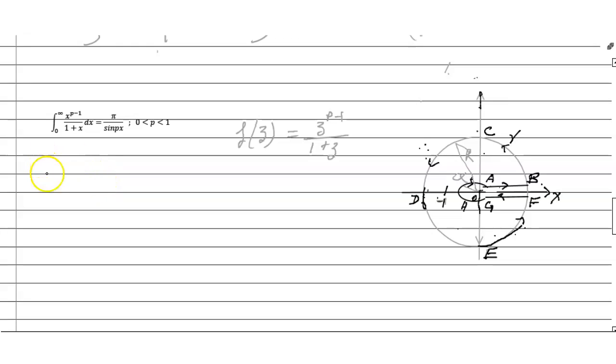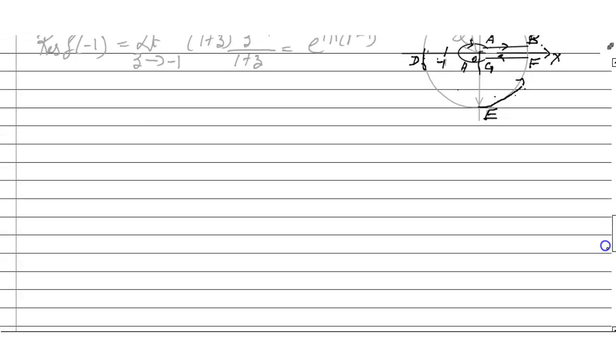So the residue of f at minus 1 equals the limit as z tends to minus 1 of z to the power p minus 1 divided by 1 plus z, which equals e to the power i pi (p minus 1). This is the value of the residue, and after that